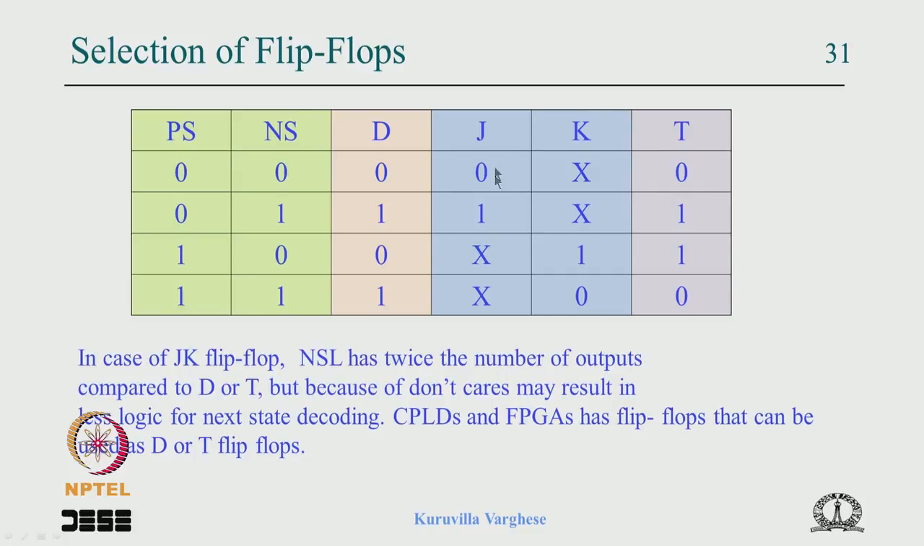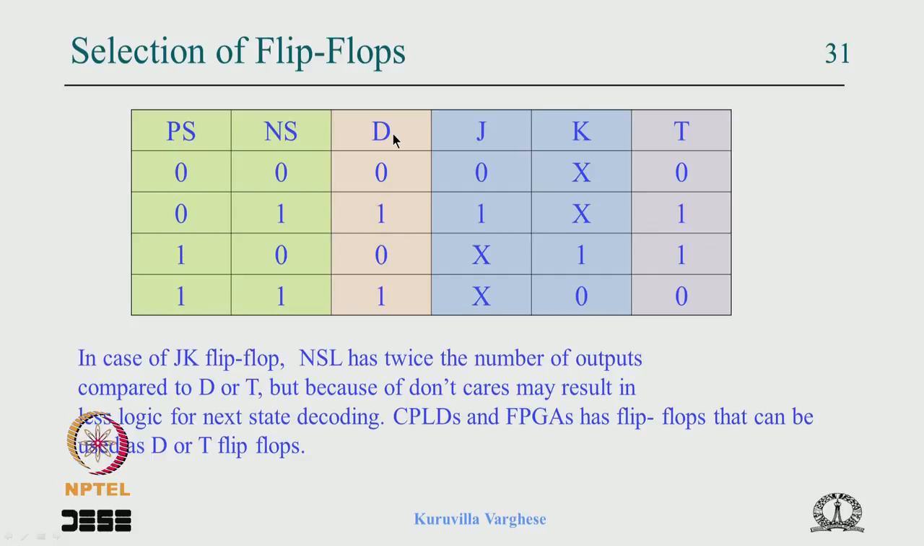So though the JK case is different from D, you have twice the number of outputs with respect to next state logic. Because of the don't care, the area of the next state logic can be less than in the case of D and T. Now that you should keep in mind, and when it comes to the FPGA